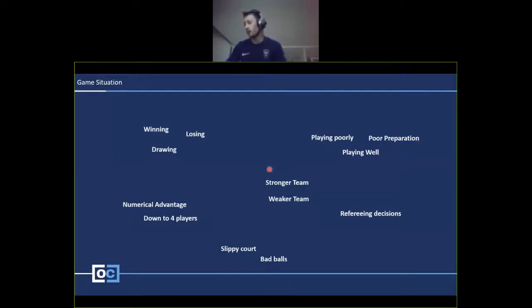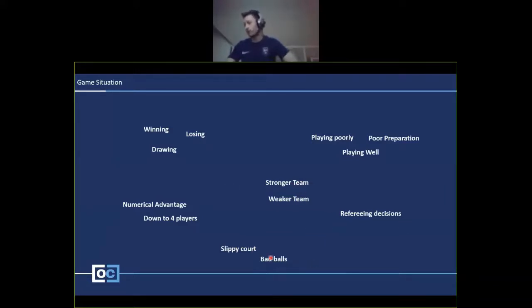If you're the favourite in a game as well, or the weaker team, that's going to change how you're playing. We saw Valdepeñas against Barca earlier. They're just trying to stretch the game. Valdepeñas, they've got the lead. They want to make it last as long as possible. That low risk futsal, you see a lot in World Cups as well, where they're doing a lot of direct long ball. That'll happen a bit more. If you're the weaker team, stronger team probably trying to be more patient, trust in their strength in terms of their individual matchups. So as a pivot, stretching the game, staying further out of the thing.